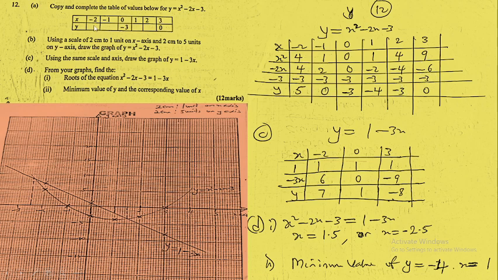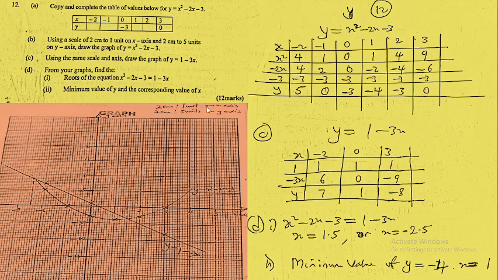So we have been able to complete this table, and for doing that you will get the mark assigned for each value that you have been able to complete here. Then we have satisfied that condition given to us. That means you can now draw the graph using the scale given to us. The scale says that using a scale of 1 centimeter to 1 unit on x-axis, as you have written on the graph here,